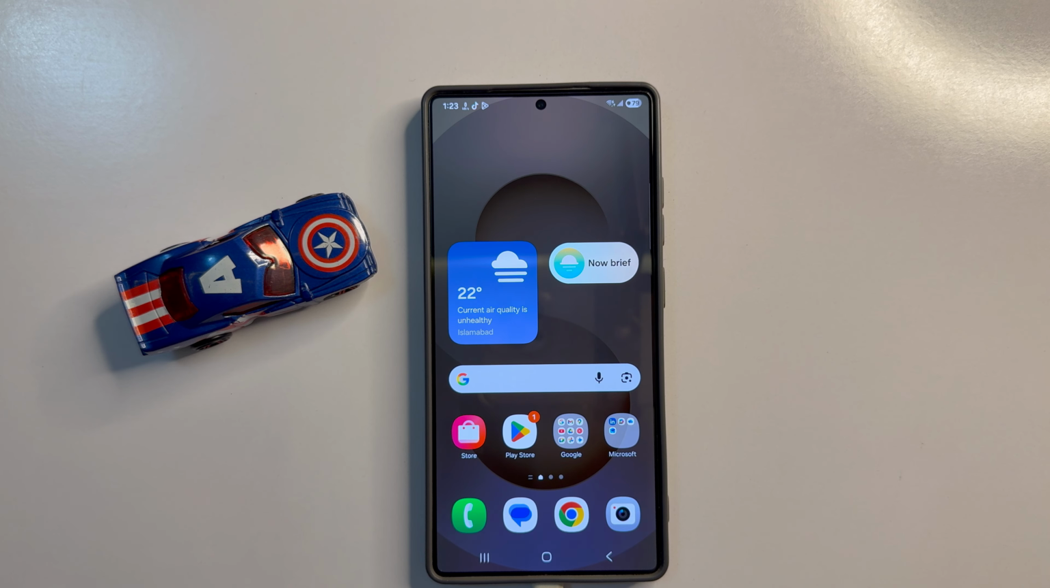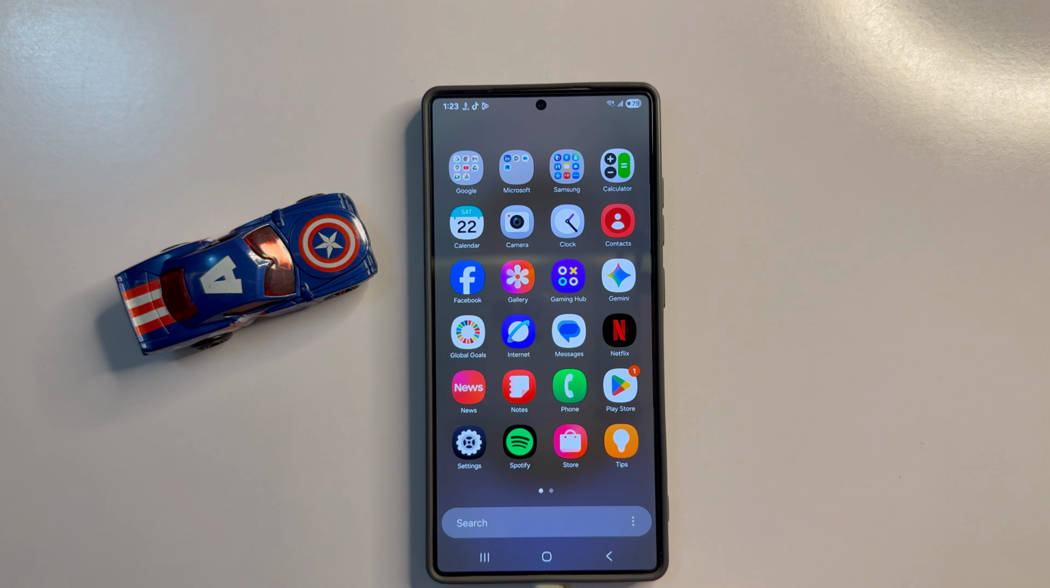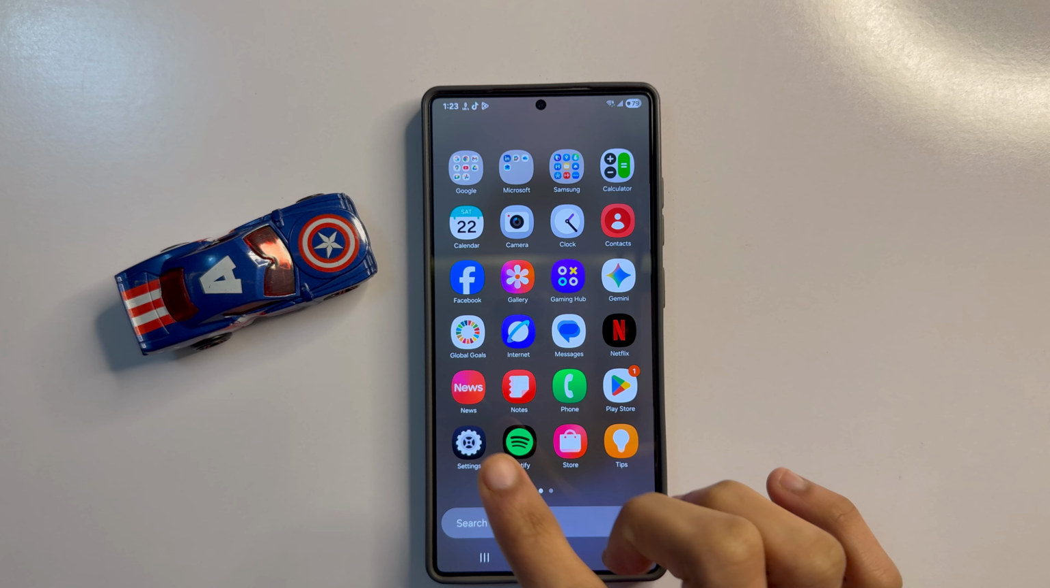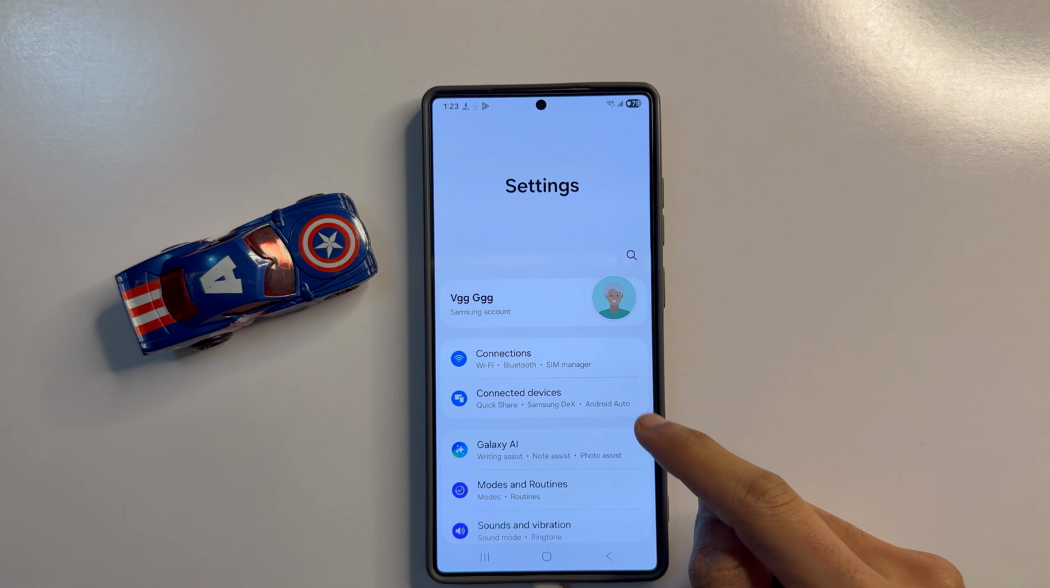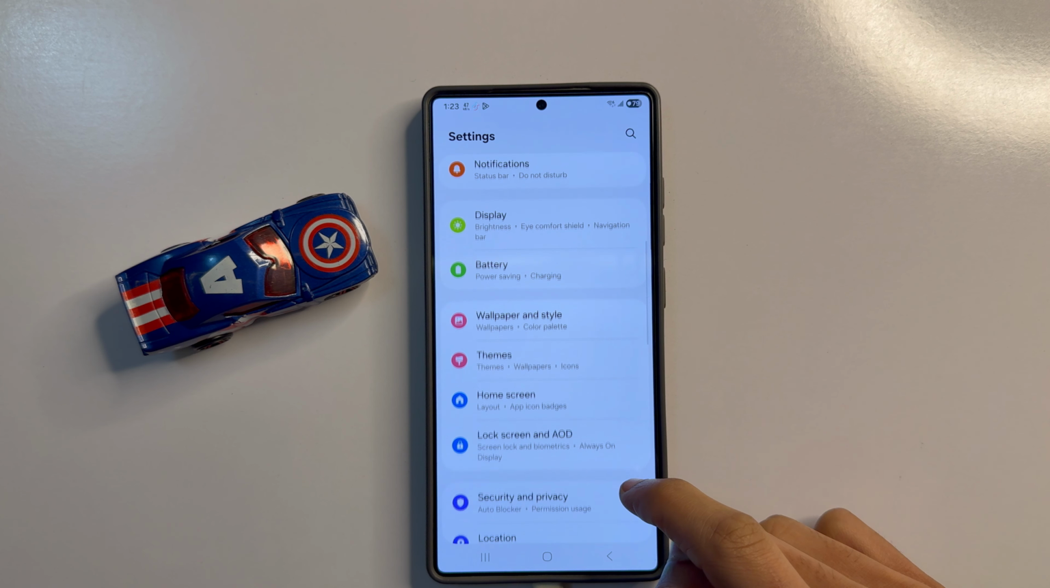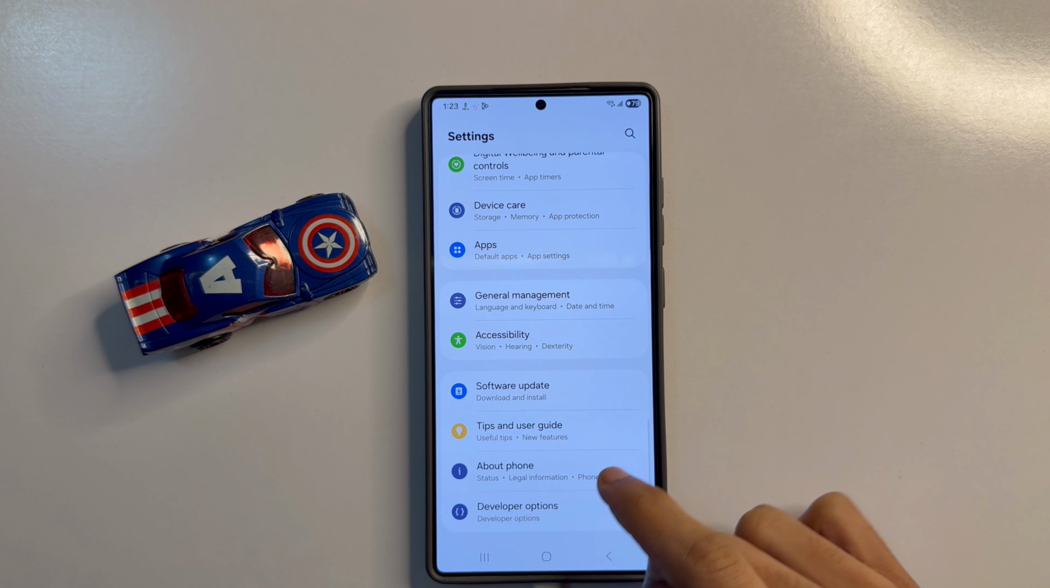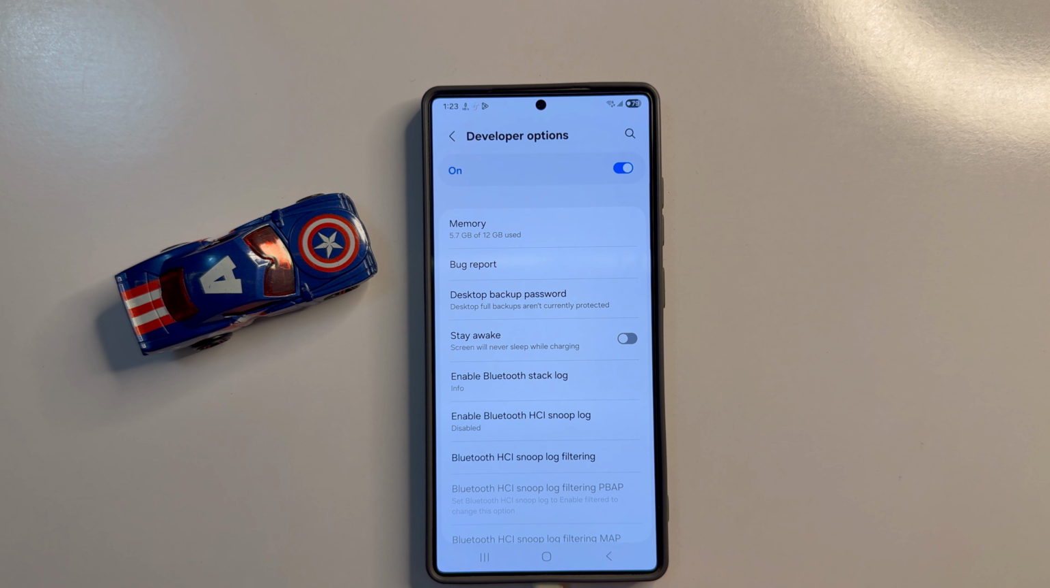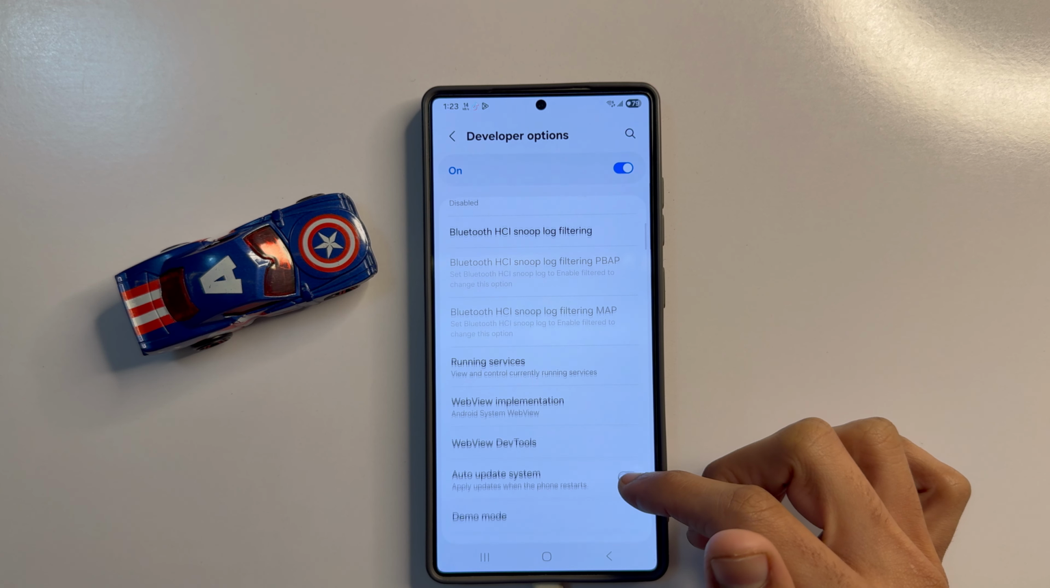First of all, go to app library. Now here, click on settings app. Now in settings, scroll down. Scroll down and click on developer options. So after clicking on developer options, scroll down,